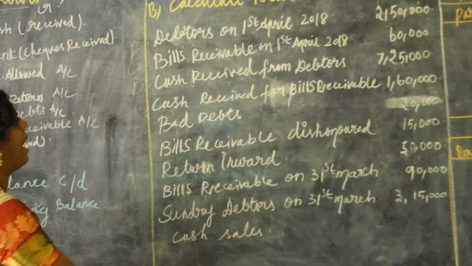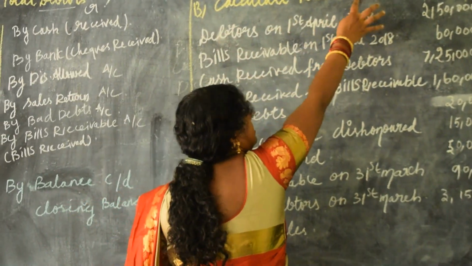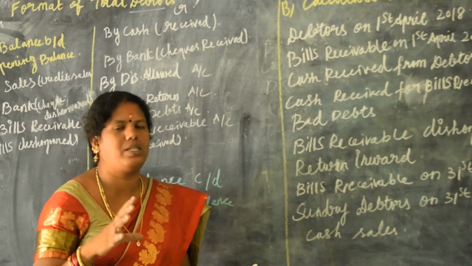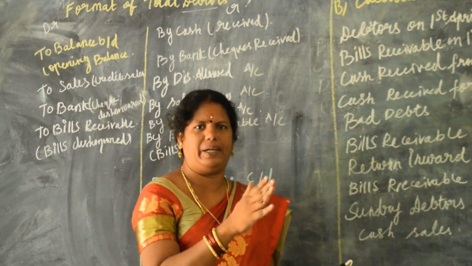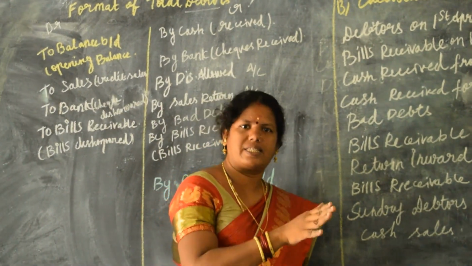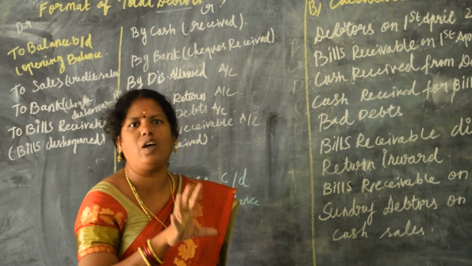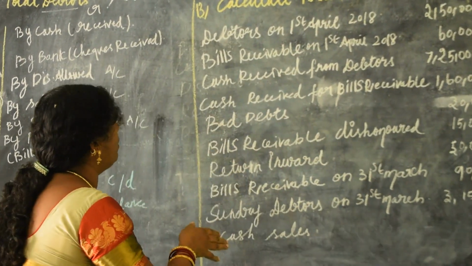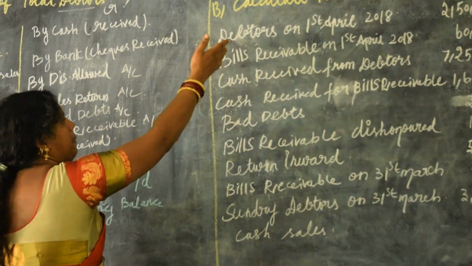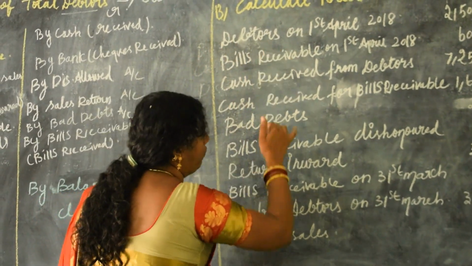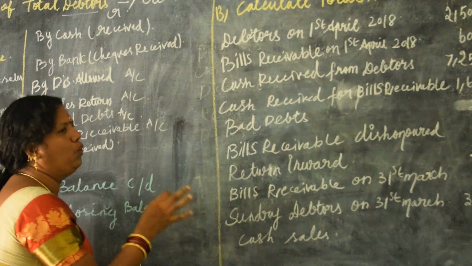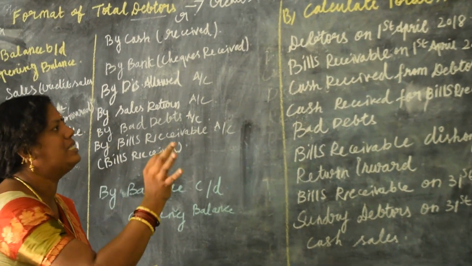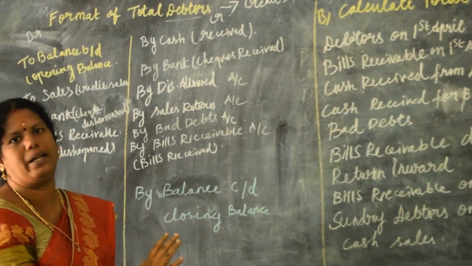Yes, now the question is to calculate the total sales. When you hear the word sales itself, it is connected with the debitors. Debitors, credit sales and bills receivable, these three concepts will be connected with the total sales. So, when the question is given in mixed form, that is both the debitors and bills receivable are given, first thing you have to prepare is the bills receivable.